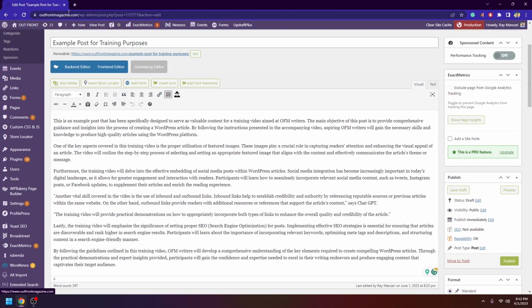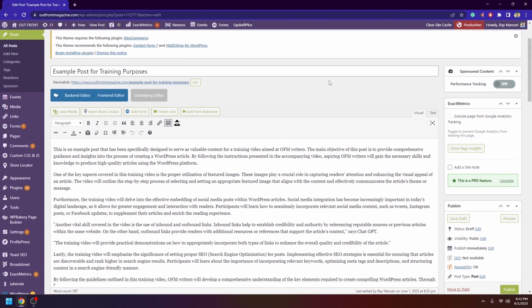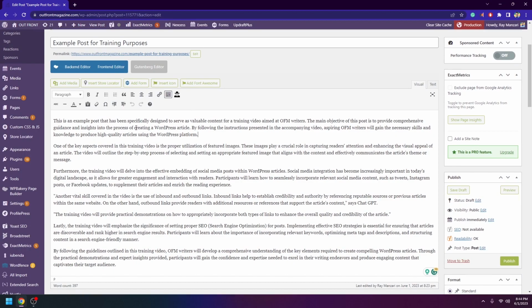It's going to be a great tutorial just for how to make a full article with SEO and featured images and embedded social media posts, all on WordPress. So let's get started. This nice AI generated